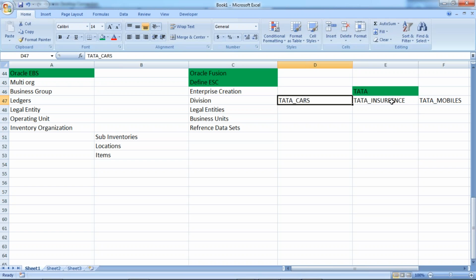Cars division, insurance division, mobiles division they have. So we'll go for defining the divisions. How many divisions are required now? Three divisions: one is for Tata Cars, another is for Tata Insurance, another is Tata Mobiles. Inside of that, we are going to create